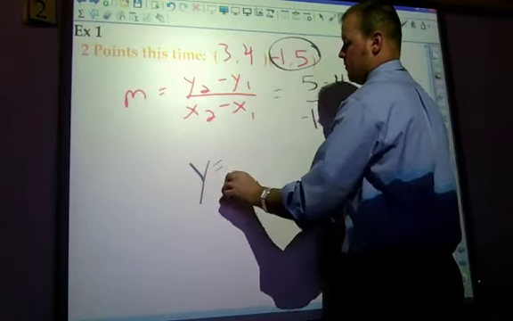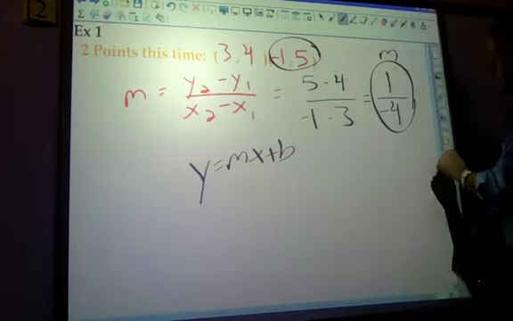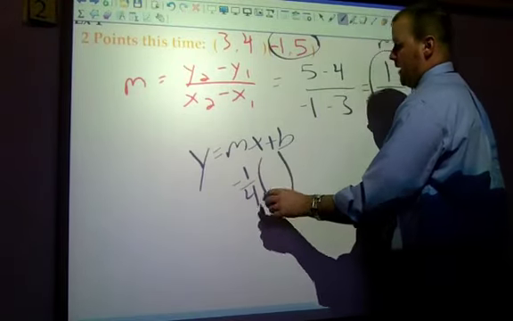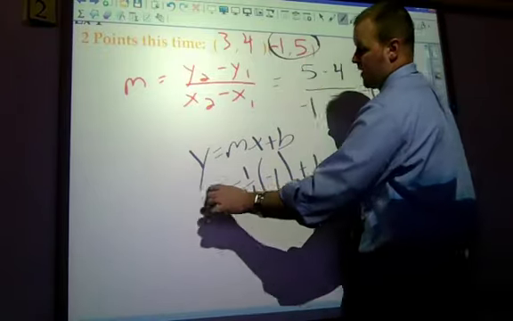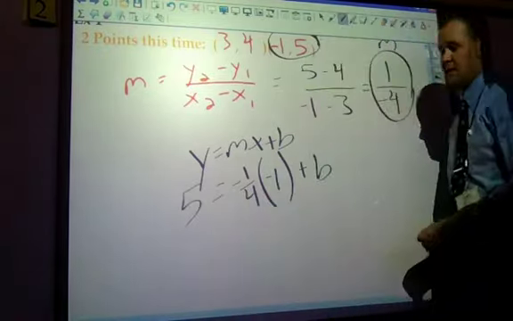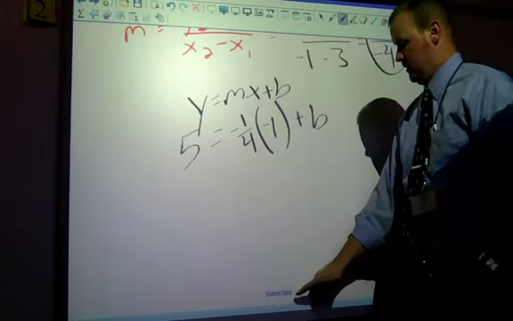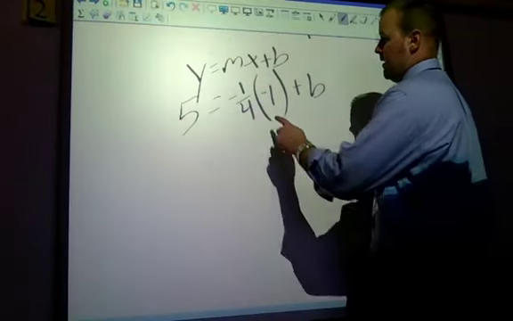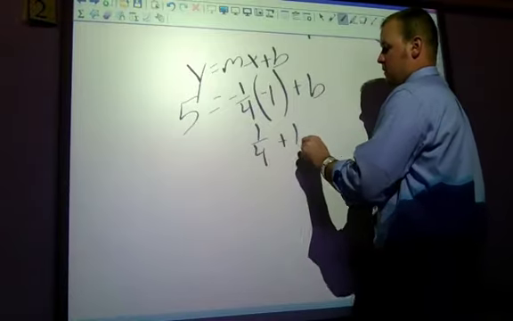So now we're using y = mx + b. I know m is negative 1/4. I know x is negative 1, plus b. The y value is 5. And again, it doesn't matter which ordered pair I use. I just have to use one completely. So negative times a negative is positive 1/4, plus b